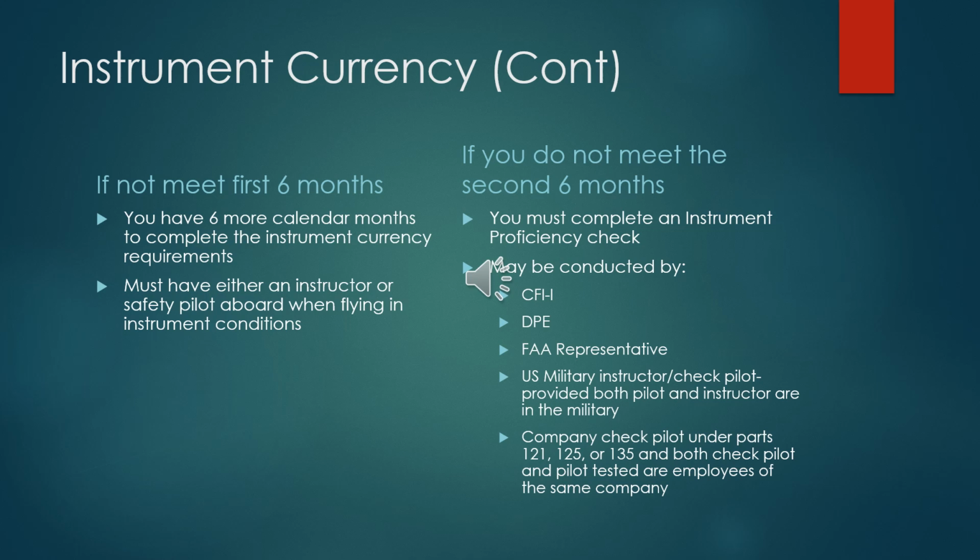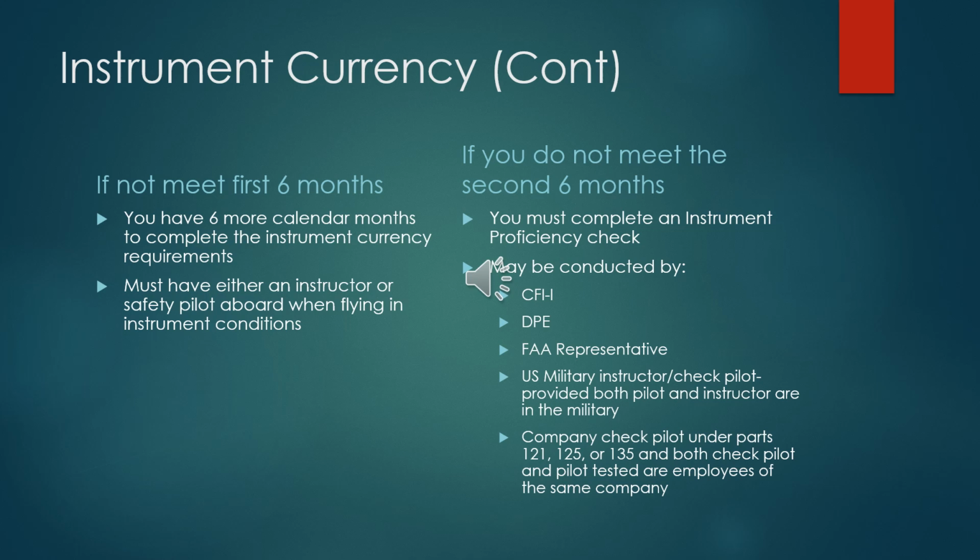That has to be conducted either by a CFII, a designated pilot examiner, an FAA representative, a U.S. military instructor or check pilot, provided both the pilot and the instructor are in the military, or a company check pilot under Parts 121, 125, or 135, and both the check pilot and the pilot being tested are employees of the